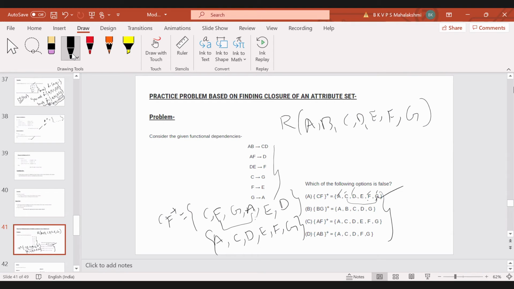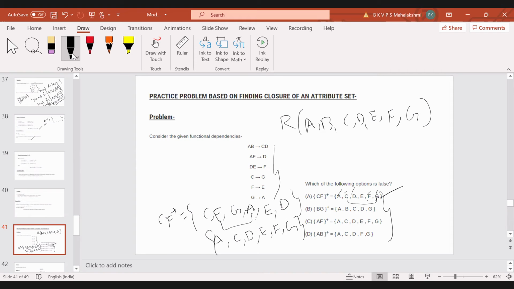Okay, that is okay. But again, they took this CF and BZ closures. Actually, they have identified the attribute closures for this CF and BG, but it's not useful because we don't have that CF and BG also at the left hand side. Okay, but as in this question, the options are given like this.